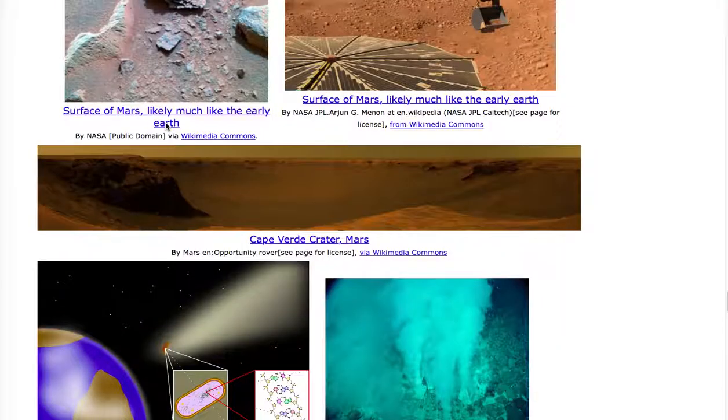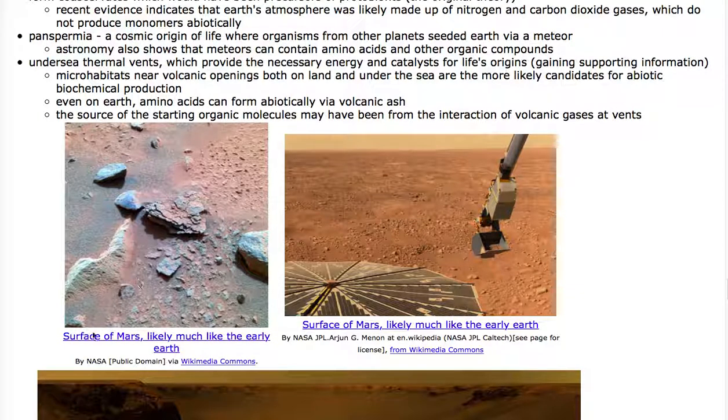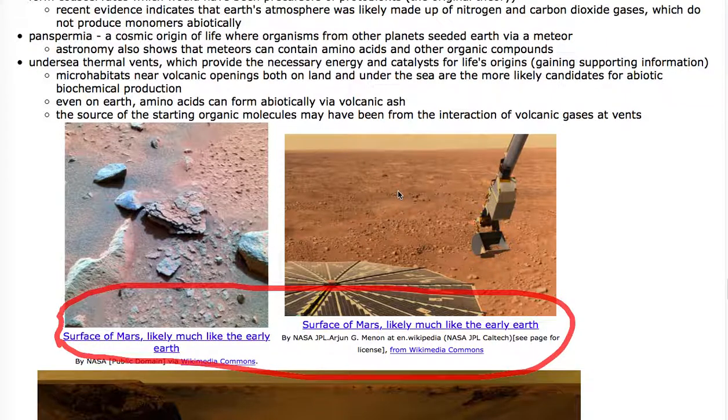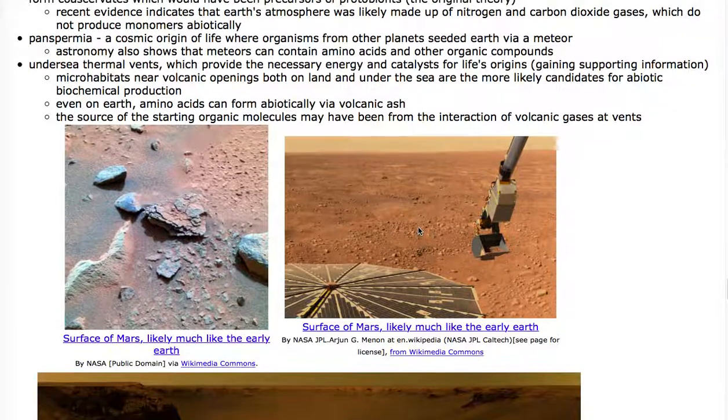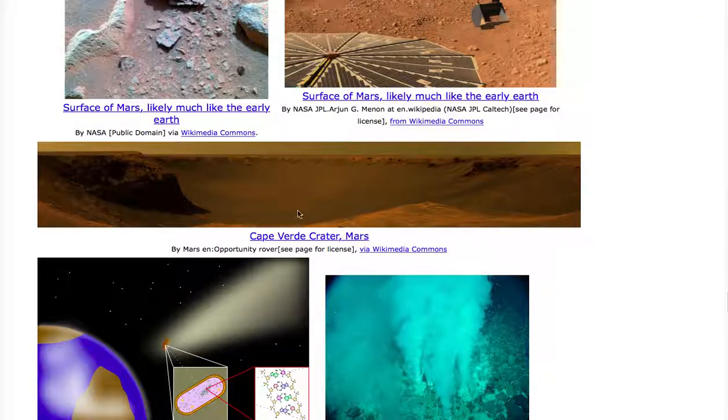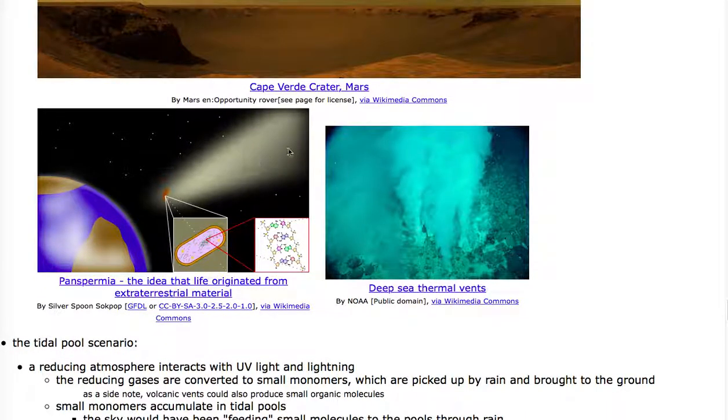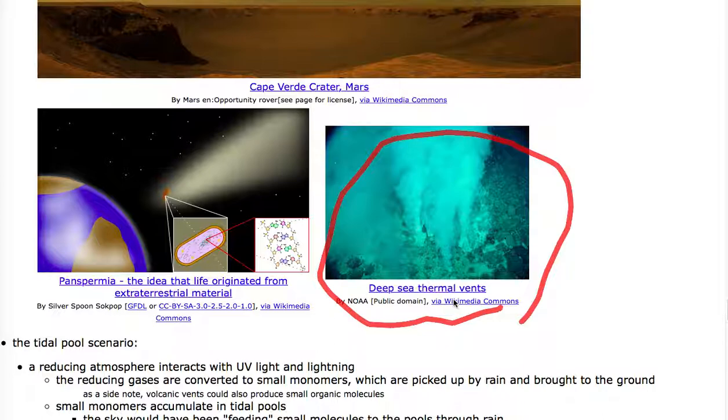So let's take a look now at what research has been done. By the way, we're looking on Mars to see if Mars has any evidence for life, that maybe we're missing it. Maybe Martian life is unicellular and below the soil surface. We think that the Martian current conditions are probably a lot like it was on the early Earth. This is the Cape Verde crater on Mars. There could be water in the bottom of that basin below the surface of the soil. Panspermia is the concept that biochemicals or cells or something from an extraterrestrial originated life, but gaining momentum is this concept that deep sea thermal vents